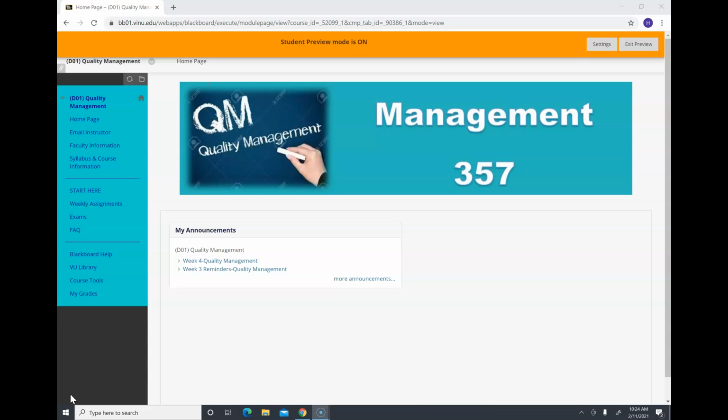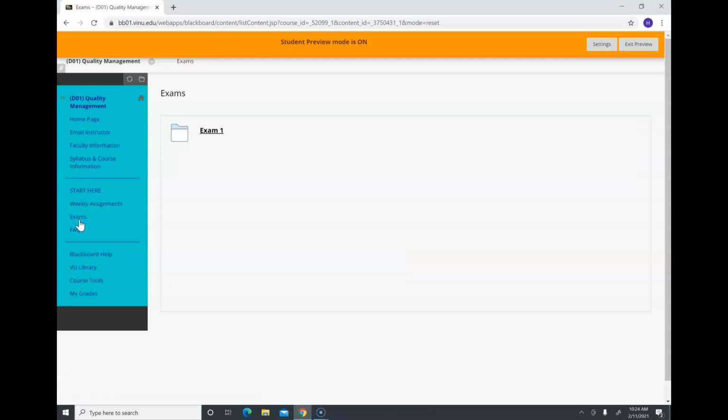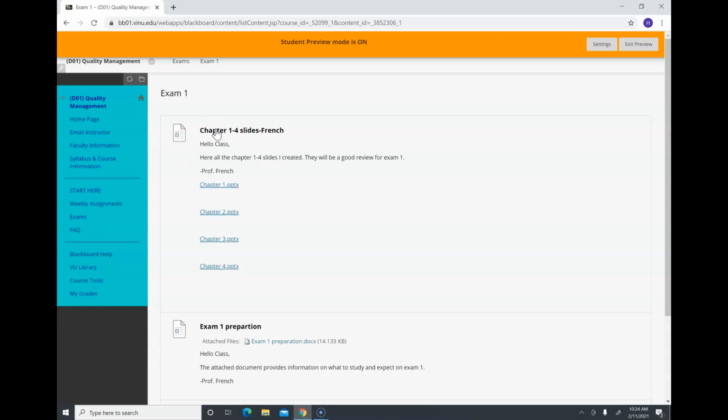Now that we've completed our study of chapters 1, 2, 3, and 4, it's time for our first exam. When you log into the Blackboard page, you will see that I've created a tab over here, a button called Exams. When you click the Exams button, it'll take you into another screen which has a content folder called Exam1. When you click that, it'll open and have a number of resources for you to study and